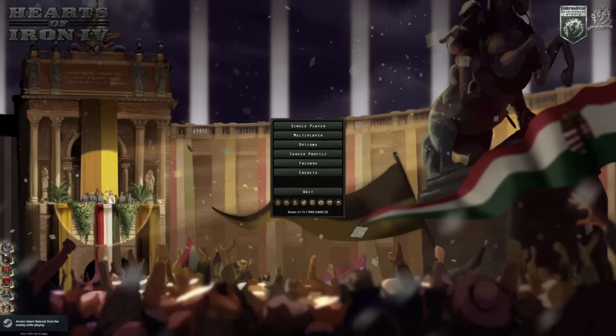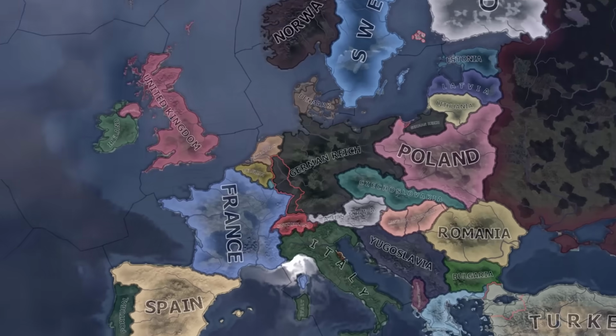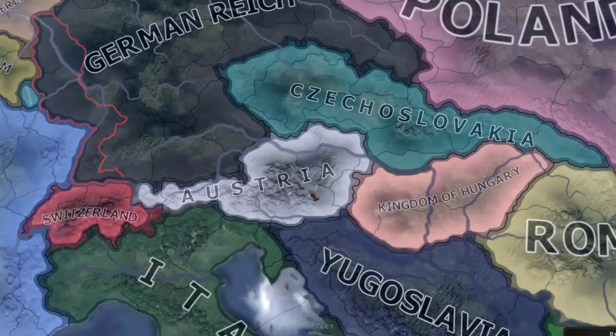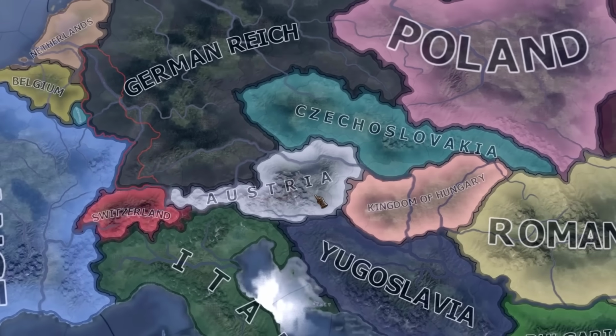Hello, my gravy Timothy's, and welcome back to some Hearts of Iron 4 under the brand new DLC where we are checking out a nation for the first time. I guess technically this is a Focus 2Z because they didn't have a focus tree before, but now they do. It's Austria. Austria, famous for, in World War,